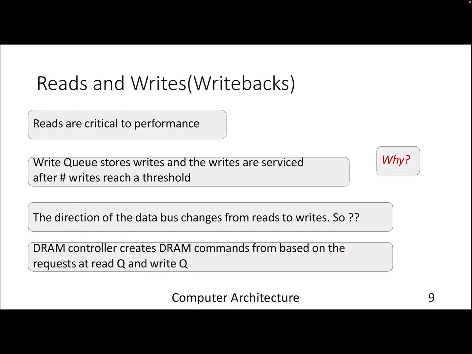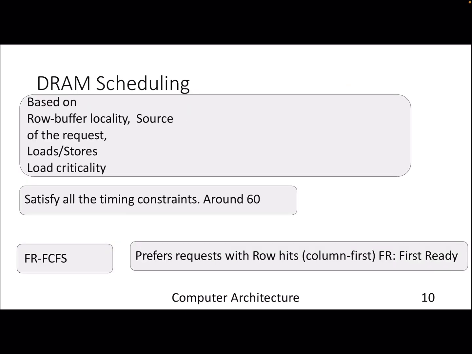So the DRAM controller prioritizes the reads because they are critical to performance. The processor is waiting for the data, and it usually schedules writes when the write queue is almost full. So for example, if this is the write queue, let's say it has 64 entries, typically what the scheduler will do is see whether, let's say, 75% of the queue is full. Then it will change the direction of the data bus. Remember, the data bus is